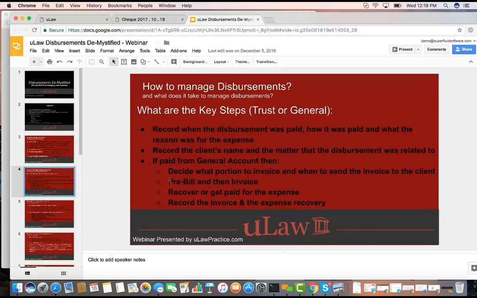Like, for example, if you spend $100 for him, you need to put that in an invoice as well so that the client sees that. And once you put it in the invoice, you want to do a pre-bill, make sure that you're happy with the taxes and all that stuff, everything is correct, all the information is correct, then you invoice it. Then the next step is recovering it. Recovering means getting paid for it. Okay, once you get paid for it, you have to record that as a recovery, and that completes the cycle